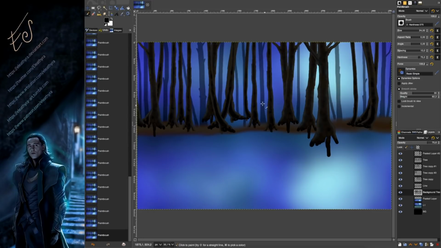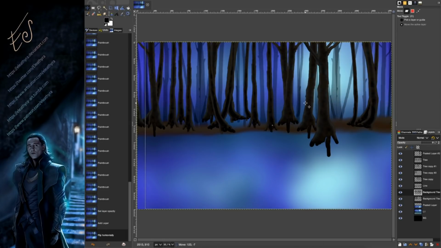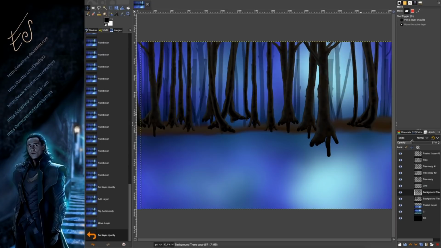A few small branches, like broken trees, because it's a swamp, so the trees might not be too healthy. And I duplicate that layer, flip it again horizontally,